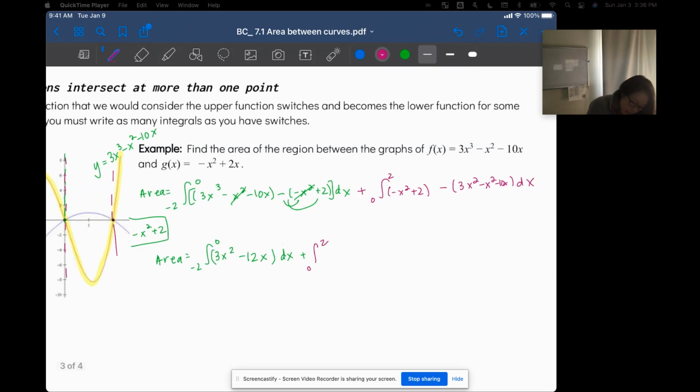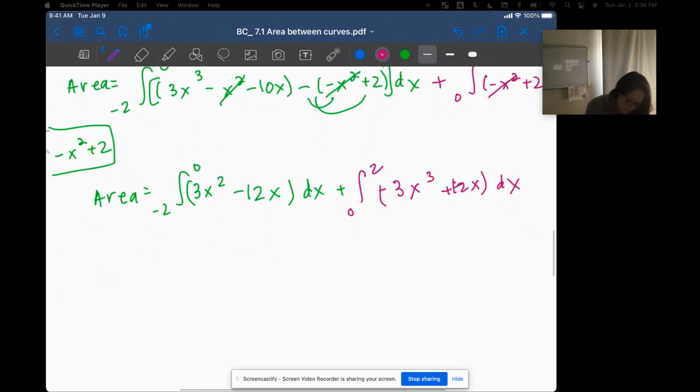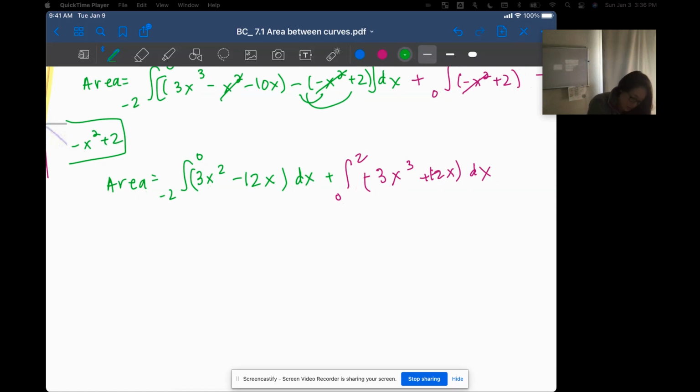Okay, and then I get negative 3x cubed. The x squareds cancel. And then when I distribute in the negative, I get plus 12x dx. Okay, and then I go ahead and integrate. It's just a little bit of work. Oh, and this isn't 3x cubed, I made that same mistake on my paper. Okay, here we go. So I get 3 over 4 x to the fourth minus 12 over 2 x squared,